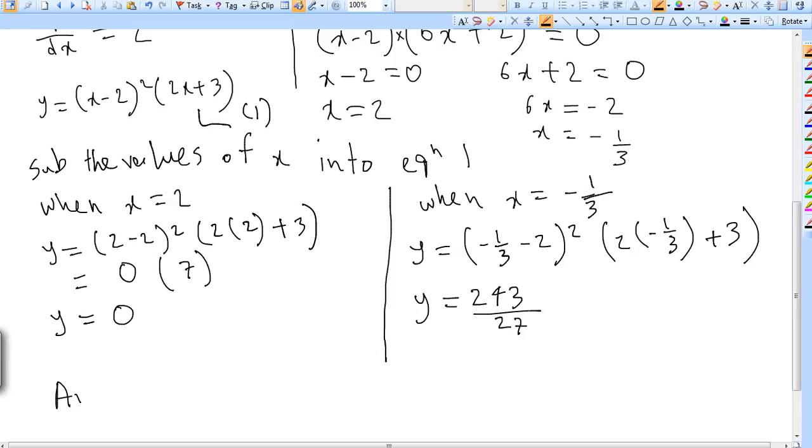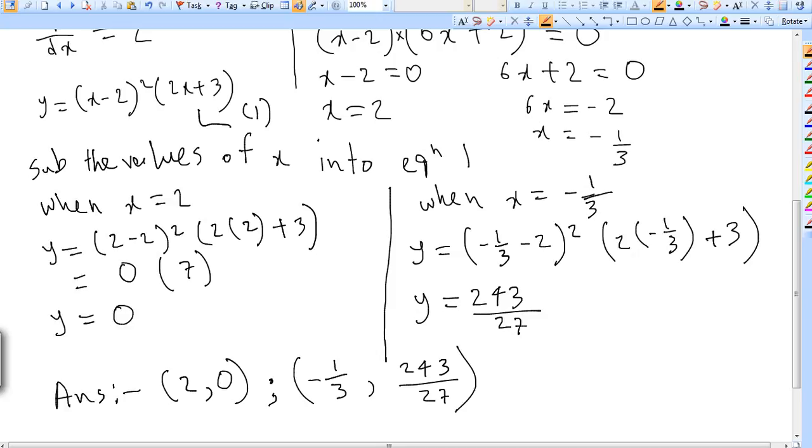So the answer will be 2, 0. The gradient is 0 at (2, 0), and (minus 1 by 3, 243 by 27). Okay, so these are the answers to this question. So fellas, I hope that you have understood the question as well as the solution. Well, we have left one thing. We can write this thing as a mixed fraction. Okay, so if we write this as a mixed fraction, we will get,